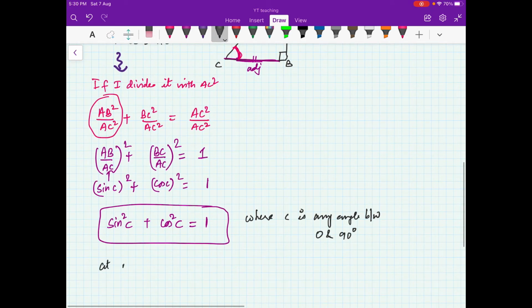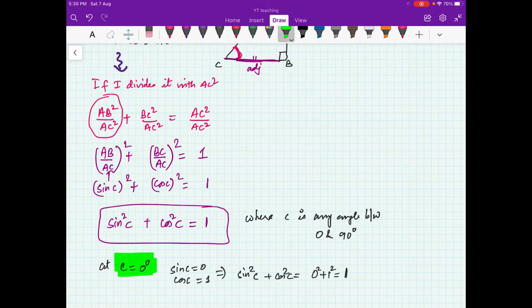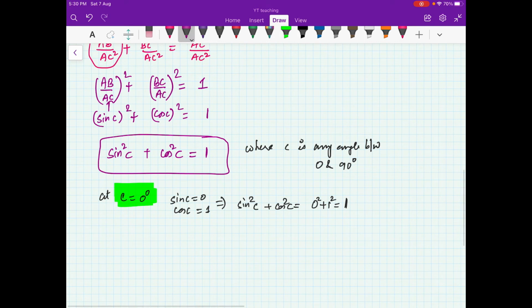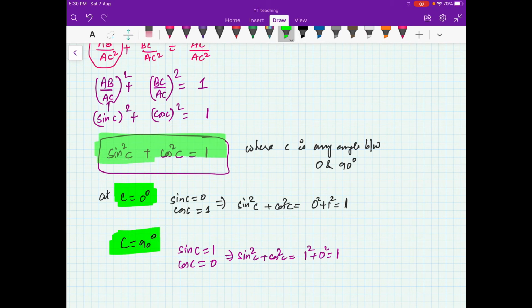At C is equal to 0 degrees, sine C is 0 and cos C is 1. So it implies sine square C plus cos square C will be 0 square plus 1 square. So this is 1. So it means that at C is equal to 0 also the identity is true, and at C is equal to 90 degrees, you see, in that case your sine C will be 1 and cos C will be 0. So your sine square C plus cos square C will be 1 square plus 0 square, which is 1. So it means that this identity is true for all the angles C between 0 and 90